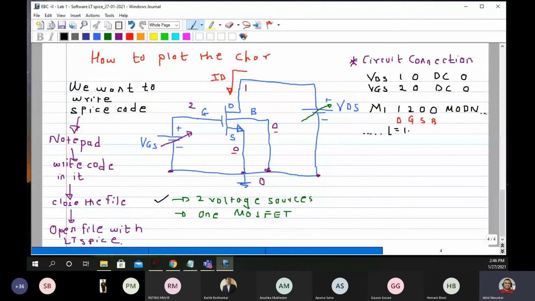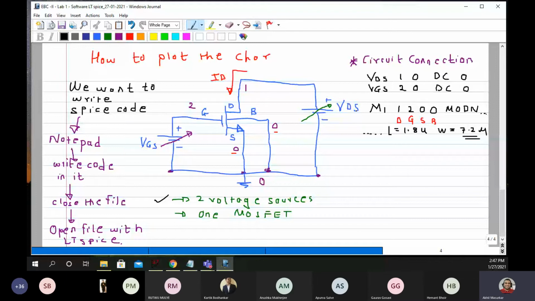So you will write length is equal to 1.8 U. U is the symbol for micrometer, and space W is 7.12 U. Now you may ask me why, because 1.8 micrometer is basically a technology, called the orbit technology, and width can be double of L, triple of L, 4 times of L, 10 times of L. Width is up to you, whatever you want you can do that. So this value you can change, it's up to you.